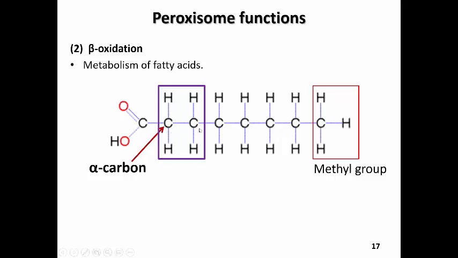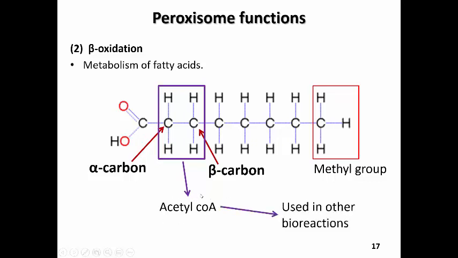The carbon beside that is called the beta carbon. And when this entire complex is broken off of this short chain fatty acid, it is converted into a new molecule called acetyl coenzyme A. And this is a highly important molecule as it is used in a range of other bioreactions in various metabolic